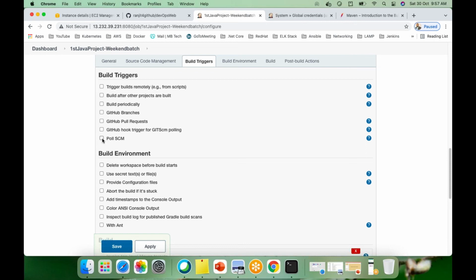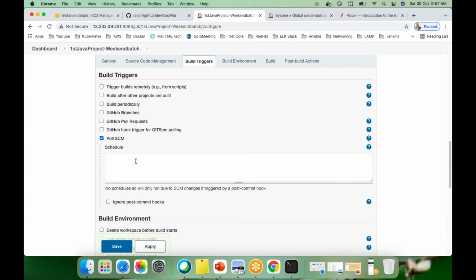Okay, now I just did this one. Now let me show you whatever we have done so far. I just manually clicked this build button. Now let me show you how automatically it will work. Okay, now for that, what we need to learn first, go to configure, and